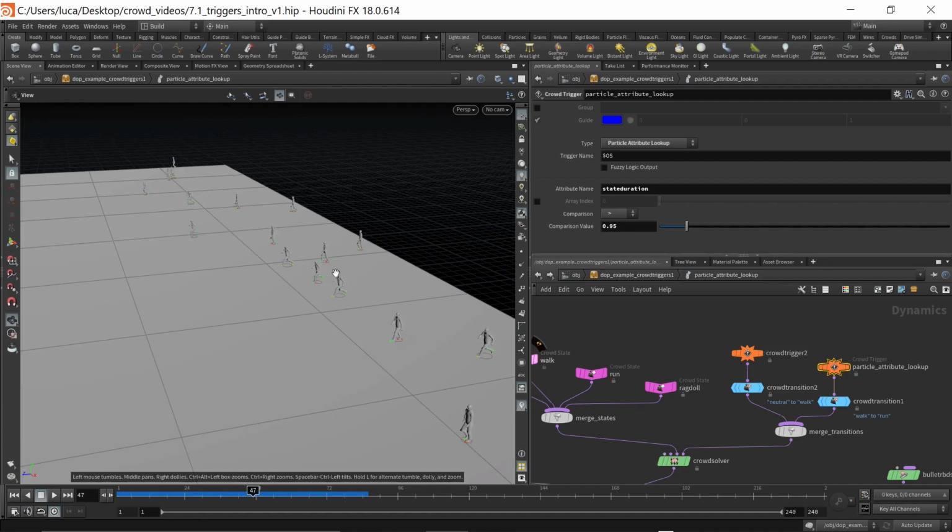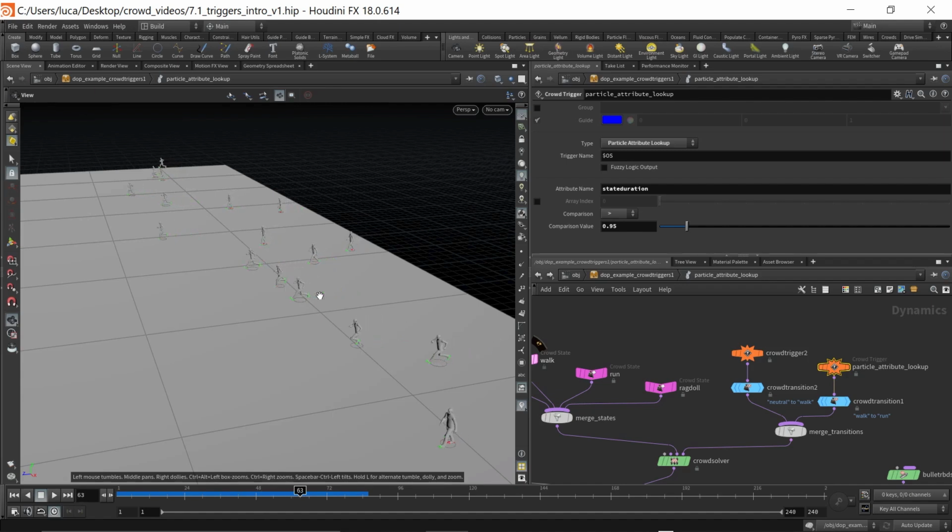And then some start running, right? They start running, in essence, after the state duration has exceeded this value. So these guys, they've been walking a bit, their state duration increases beyond a certain threshold, and then bang, they